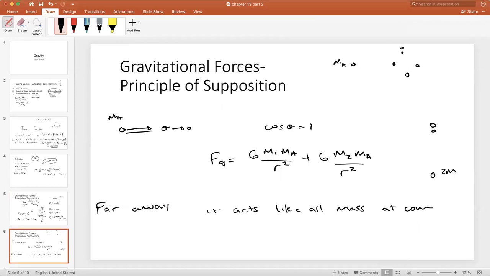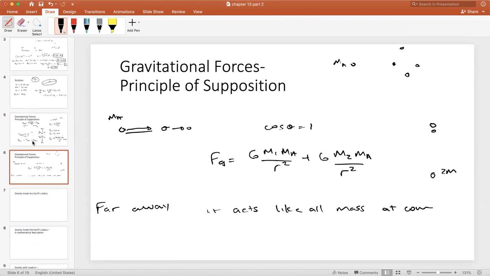You'll notice that if these were equal, you would have the Y cancel, but that's not necessarily true. So each of these masses would have their own R vector to MA, and each of them would have their own force vector to MA, and the total of those would be MA. The really nice thing is that we generally assume that things are far enough away that we can take them to be a point mass,